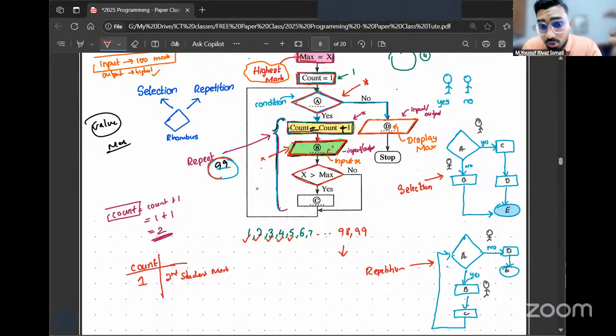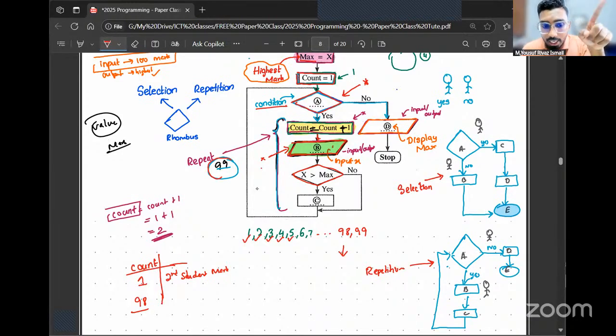So before checking the condition, if the value of count was 98, that means you're now going to get which student's marks? You're deciding, should I go and take which student's marks now, when the value of count is 98? Exactly.